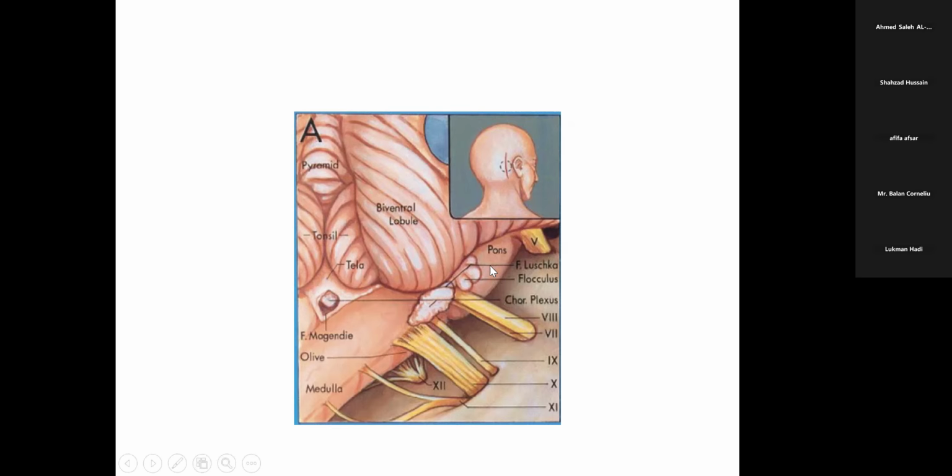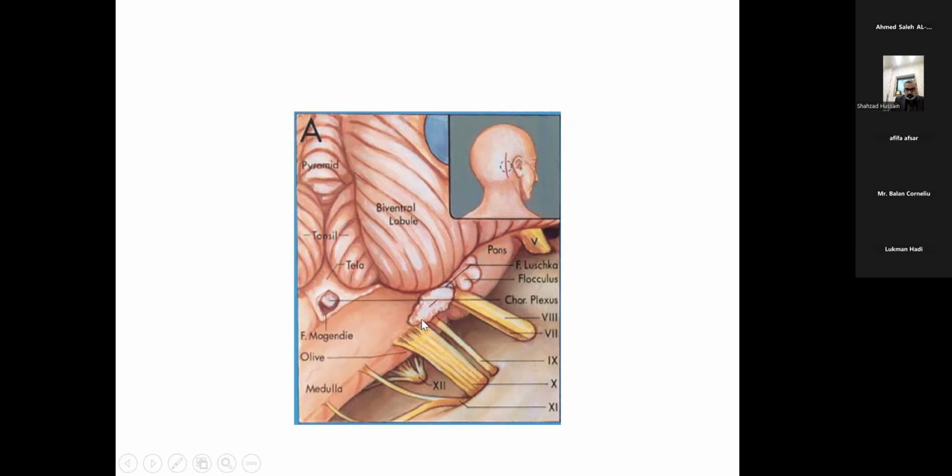As we see here, this is the orientation of the brainstem. Topmost we have the pons. We can see the flocculus, which tends to hide the junction of the origin of the 7th-8th nerve complex. Just beneath the flocculus is the foramen of Luschka, with the choroid plexus seen hanging down from it. This is the cranial nerve 7th and 8th complex, which is then exiting into the internal acoustic meatus.